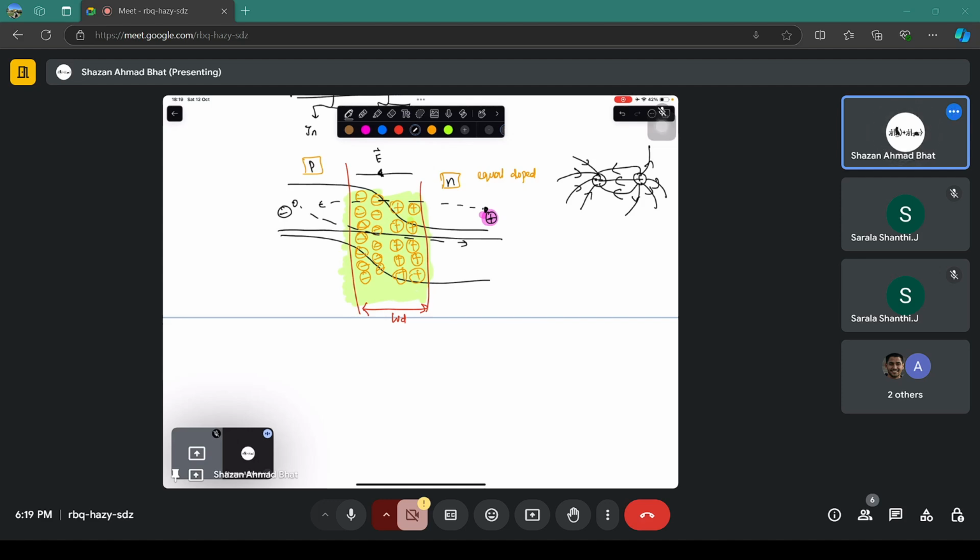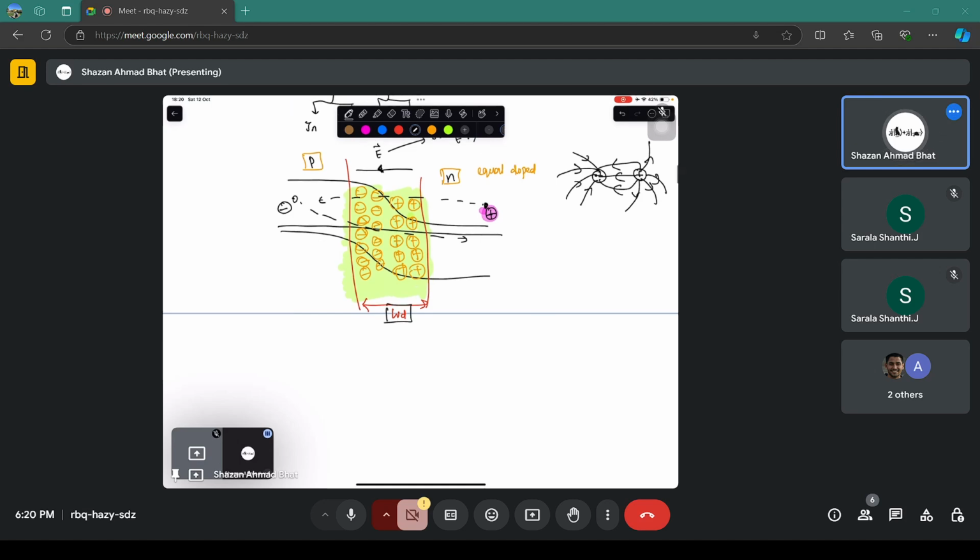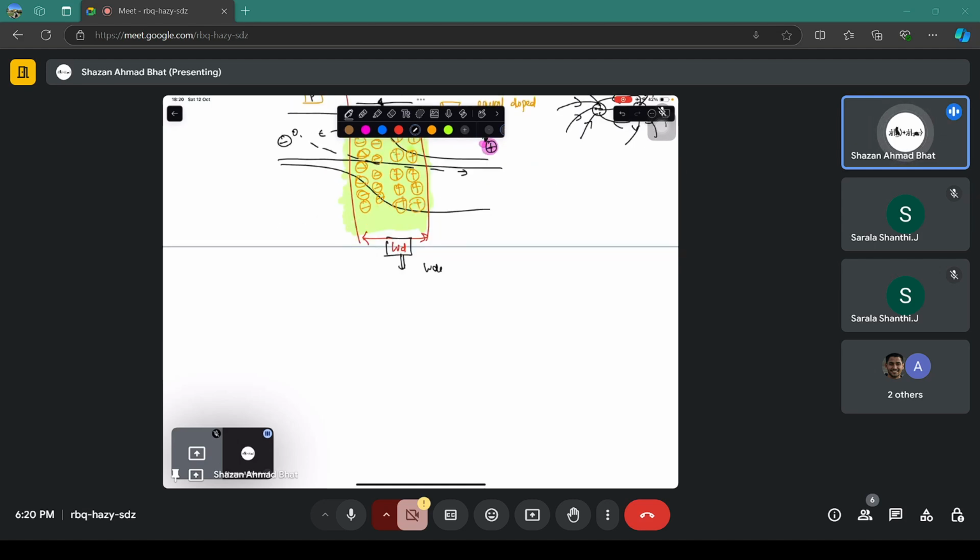Okay, and you know all of the equations for the built-in field, the built-in electric field, the built-in potential. You know the equations for the depletion width of a device, which is approximately the square root of twice epsilon by q, times 1 over the doping on the p side plus 1 over the doping on the n side,